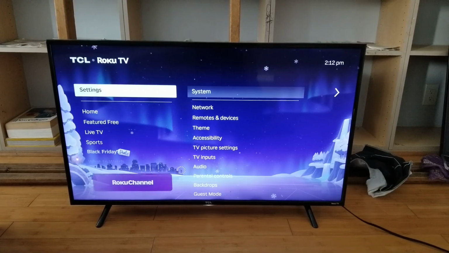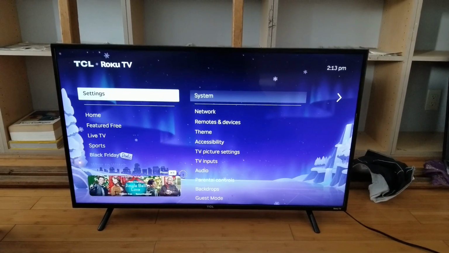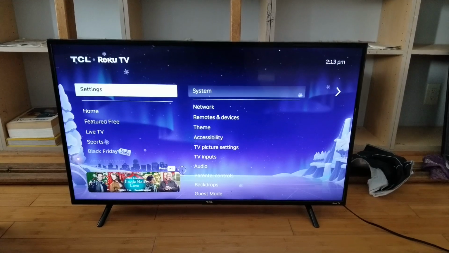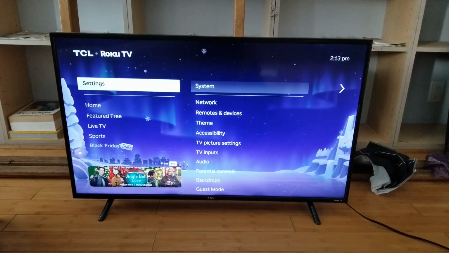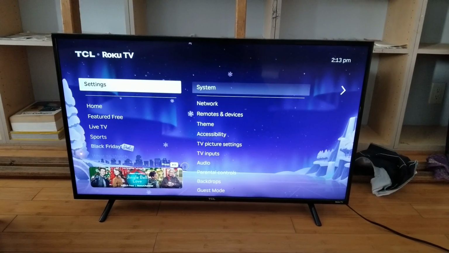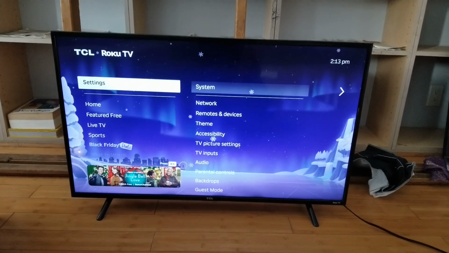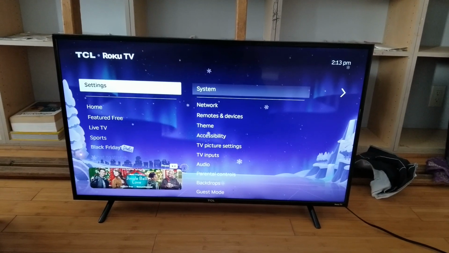Some people offer me lowball, so it's kind of dumb. Just the Roku sticks with the 4K, it's going to cost you around like $50 unless it's on sale,